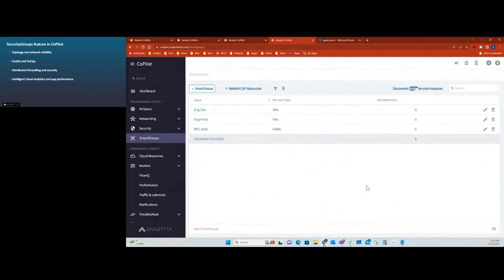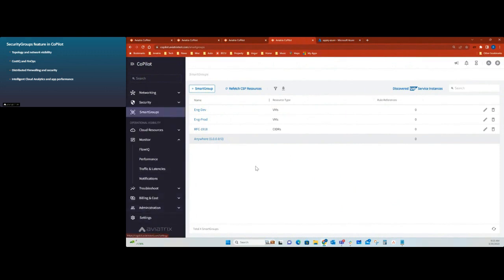Now, the controller has like an egg timer on it that's adjustable in the settings portion of CoPilot, for how quickly the interval that it's using to poll. But if you want to perceive a change right away, we just have this refresh CSP resources button. So I'm going to click that. Okay, this can take up to 60 seconds. So while that does its job,